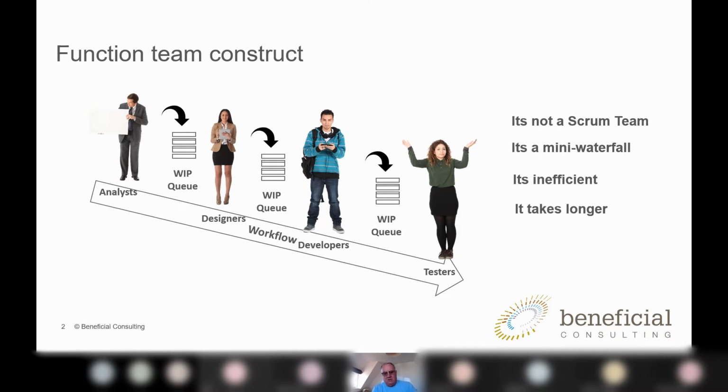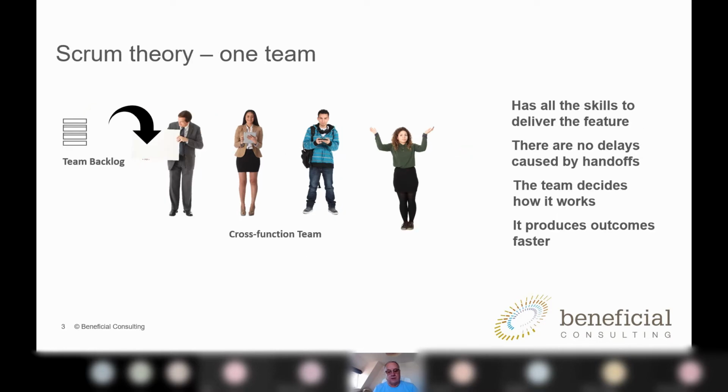It is efficient in its way, because all the analysts do all the requirements first, then they pass it to the designers who do their designs, and then they pass it to the developers. It takes quite a lot of effort to get them out of that way of working and move into new agile ways of working. In Scrum, they talk about creating a cross-functional team. Well, that's fine, we can create a cross-functional team, but in reality, unless we change their ways of working, we end up with a functional team that is called a squad.